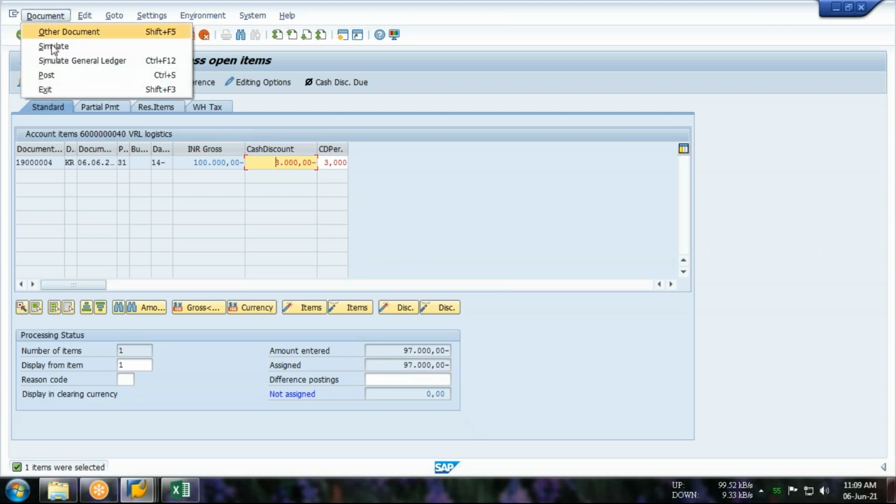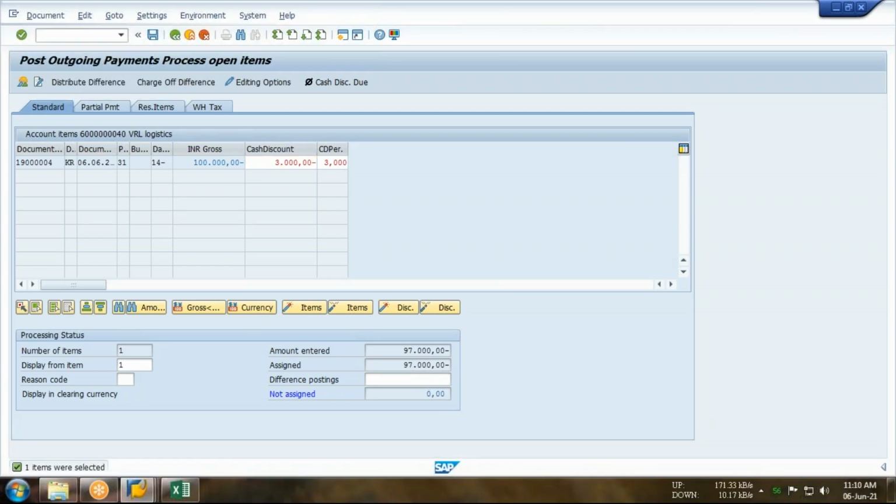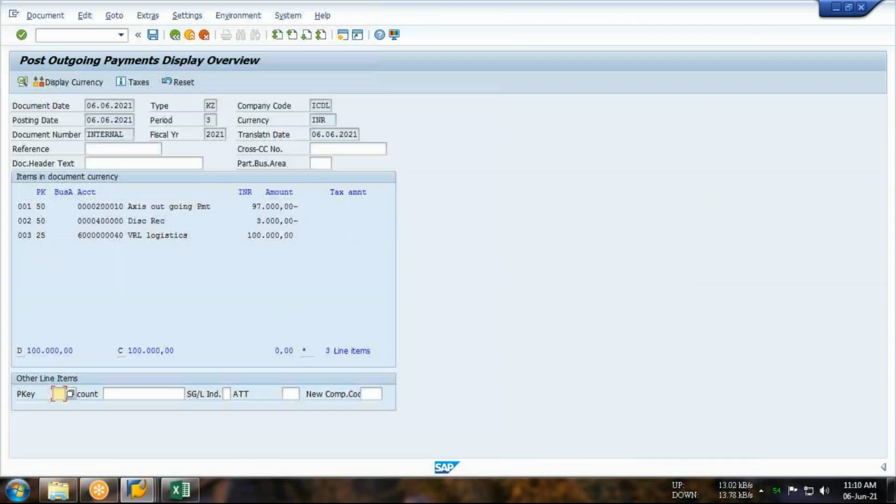Zero. Now come to the document, click on simulate. You just see the magic. The journal for discount will be automatically reflected over here. Here you can see. Guys, what is the journal entry? If you are getting the discount, so party account debit, full amount 1 lakh, to discount receipt, because this is the income, incomes are being credited, so 3000 is there, and to bank is 97,000. So like this.